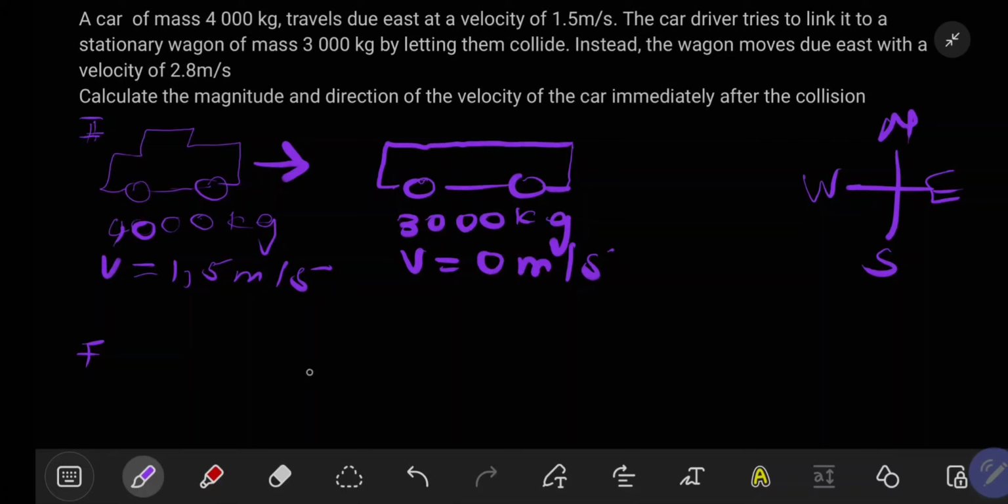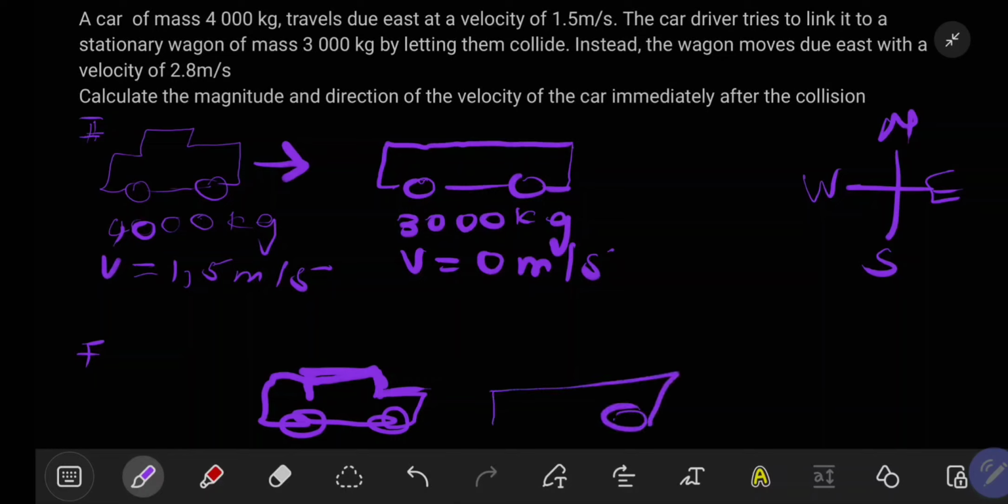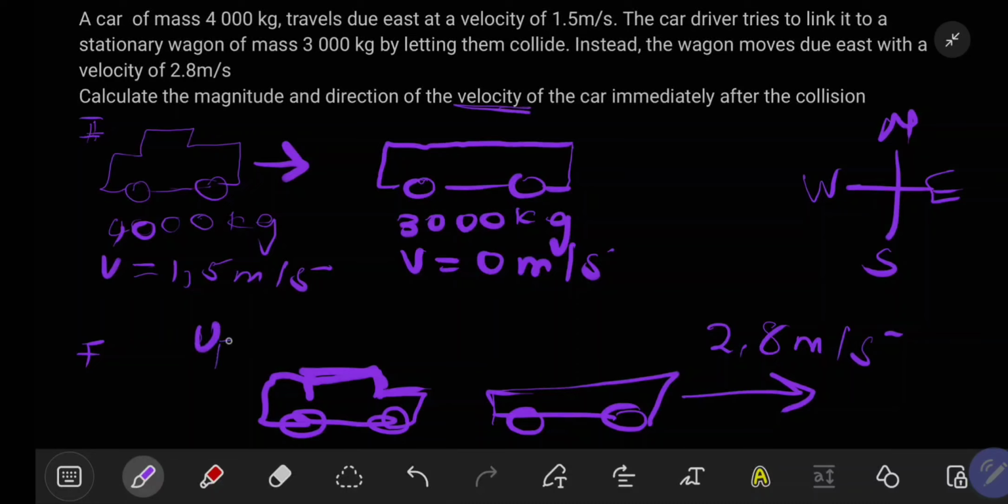Now let's suppose the car is at this point somewhere around here. This is our car. Then we have our wagon here on the final stage, and because it has collided with the car, it starts moving due east with a velocity of 2.8 meters per second. They want us to calculate the magnitude and direction of the velocity of this car here